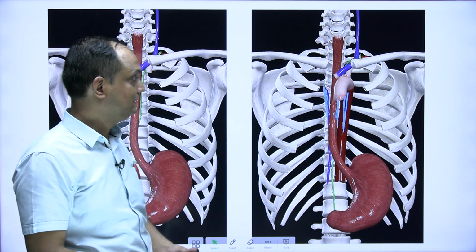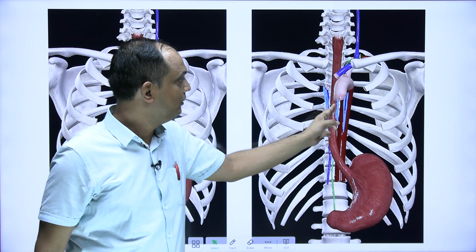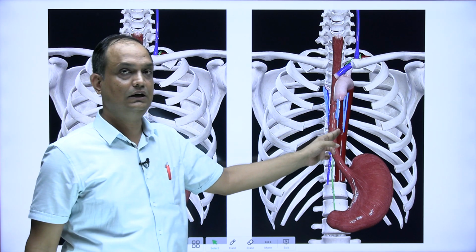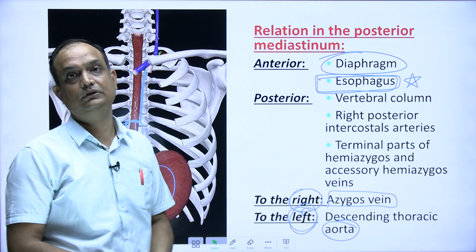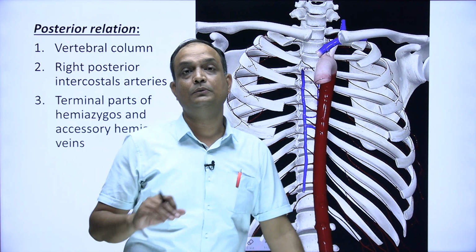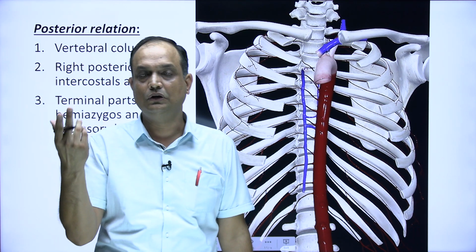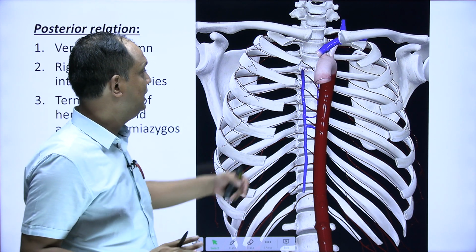So, the thoracic duct comes on the left side of the esophagus, and further left you have the aorta, and on the right you have your azygos vein. Now, when you talk about the posterior relations of this thoracic duct, before that you should have an idea